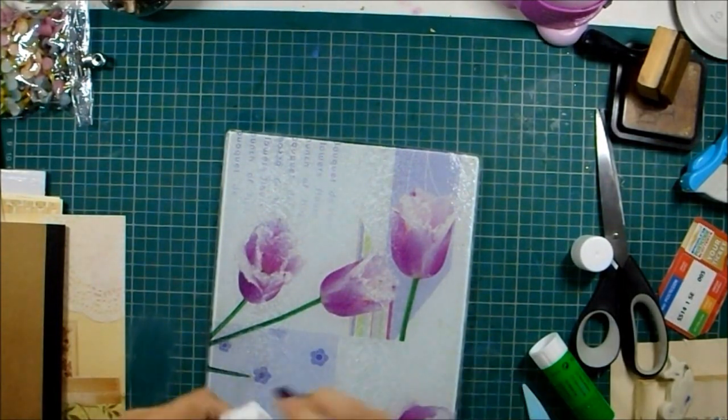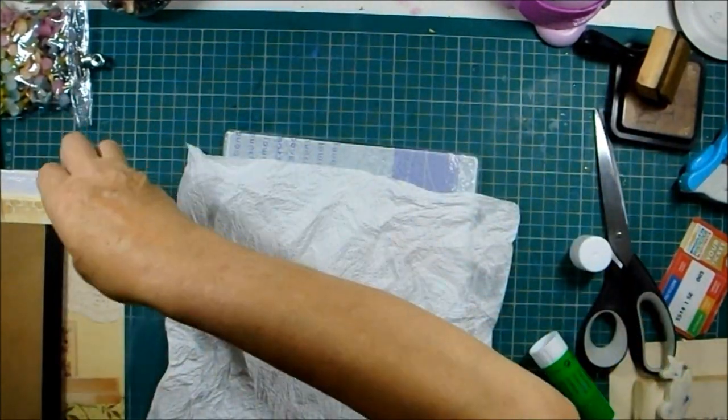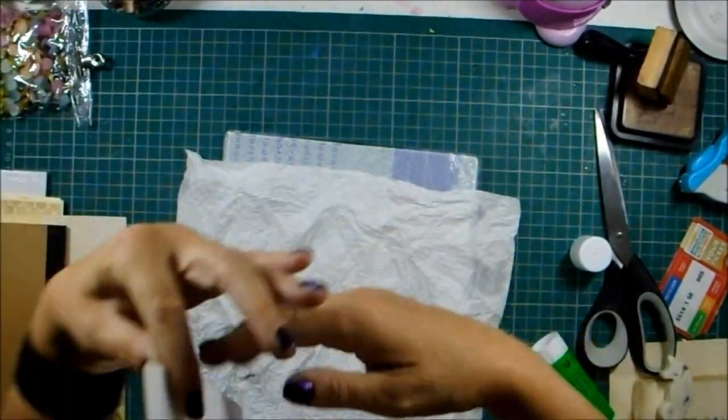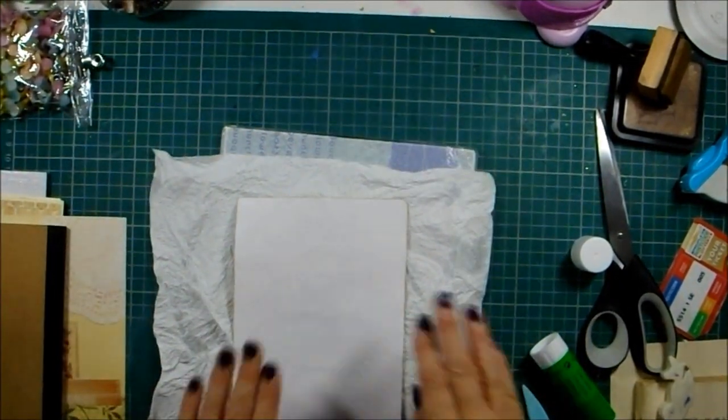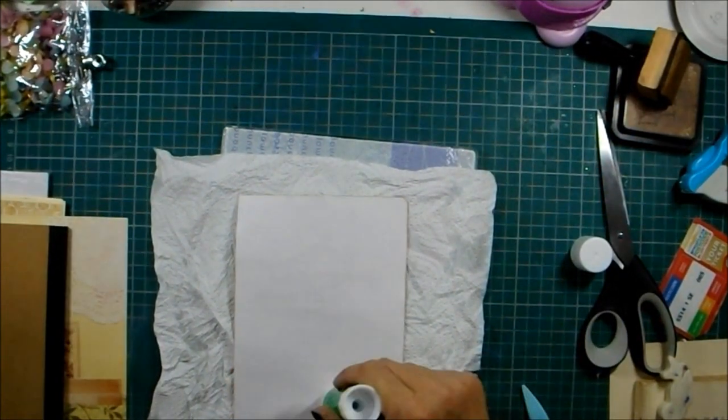Okay, I think I've got it all, but to be extra safe, I think I'm going to put it face down on that screwed up bit of kitchen roll, just so I don't ruin it. Right,